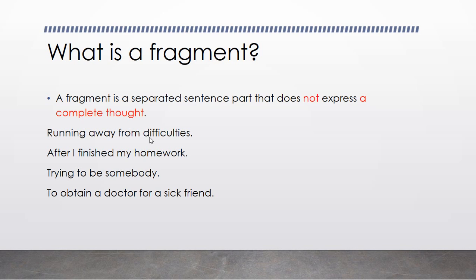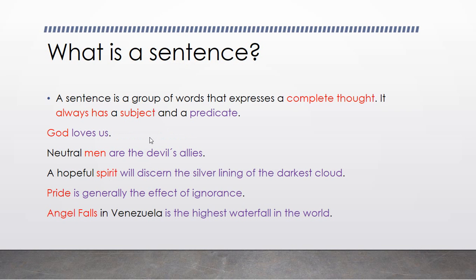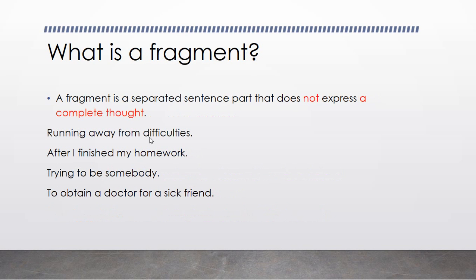Okay, do you get the main idea here? A sentence expresses a complete thought. A fragment doesn't. For example, here, running away from the faculties. So we probably are going to be just waiting for the person to continue talking. If somebody says running away from the faculties, so what's going on there? We could say running away from the faculties,